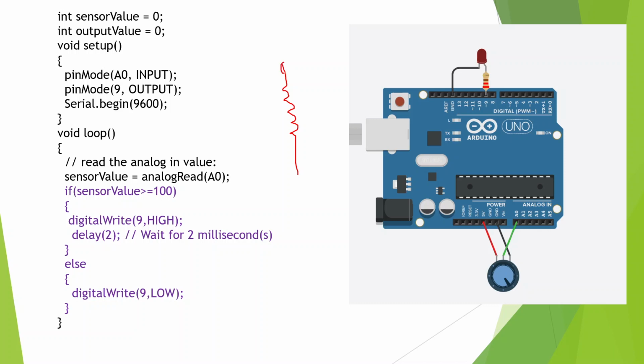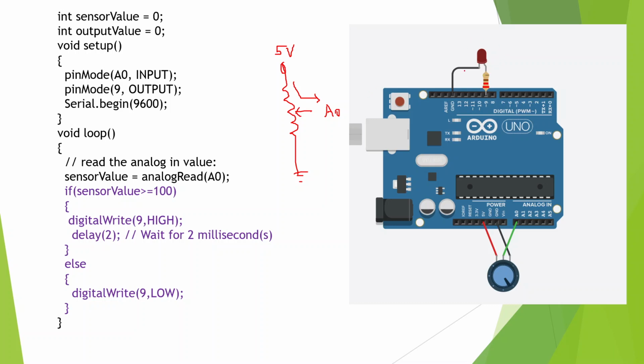One point of the resistor we are giving to the 5 volt, and the other is connected to the ground. This is a variable resistor, so the changing value of the resistor is given to pin A0. As per the change in resistance, the voltage given to the A0 analog pin will be the input to your Arduino. So as per this voltage, you can control the brightness of your LED.